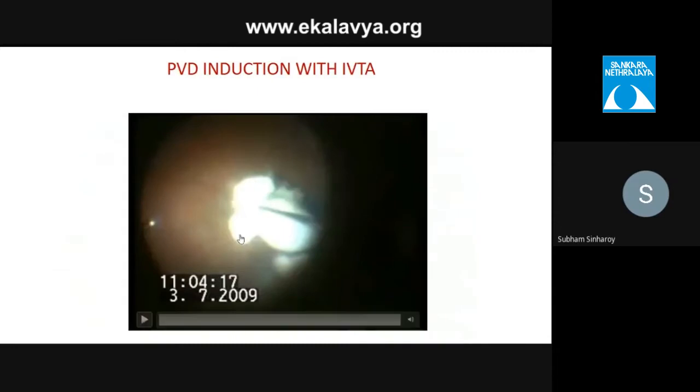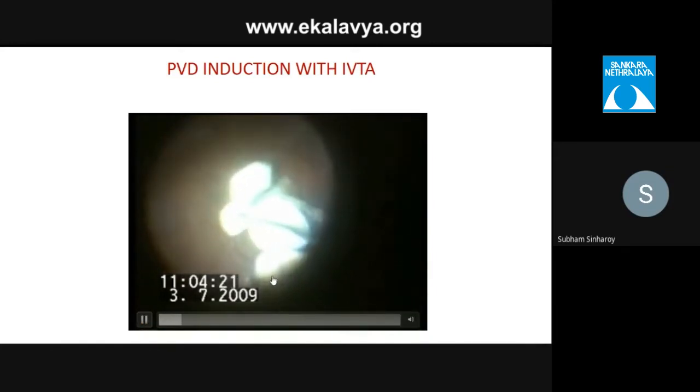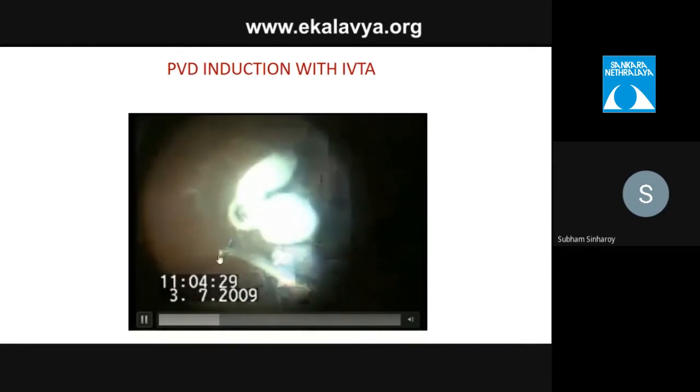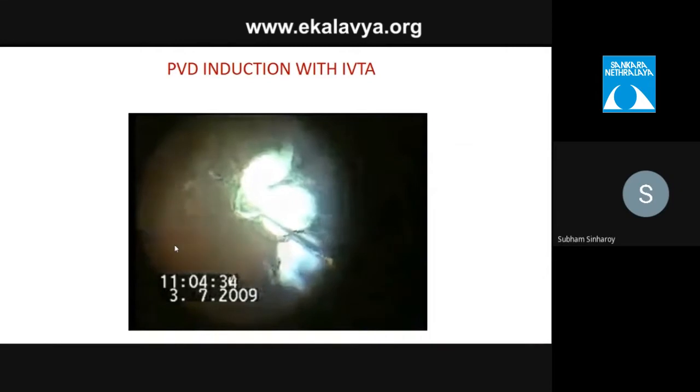Coming to the second technique, where the process is the same, but the IVTA was used just for the visualization of the posterior vitreous in case the vitreous is adherent and we are in doubt. So you can see after injection of the IVTA, the cutter is being used for active aspiration to lift the posterior vitreous, and you can see an opening has been made here, just like a Weiss ring, when you pull the active aspiration in the anterior direction to lift the vitreous.